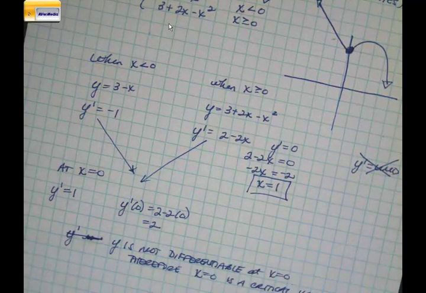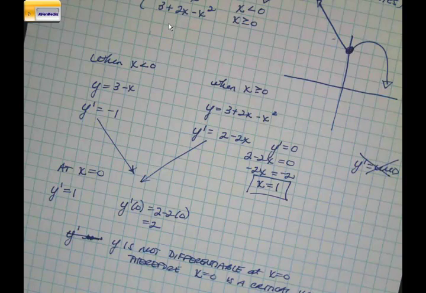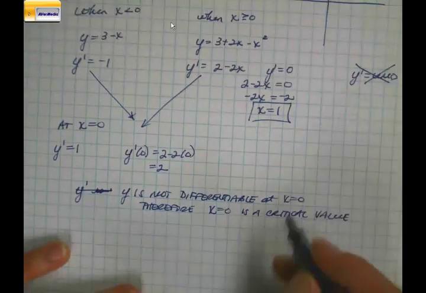Where the first derivative is kind of undefined. The first derivative is undefined there because it's not the same from both sides. That's a critical value. So you have a critical value at x equaling 1 and then a tricky critical value